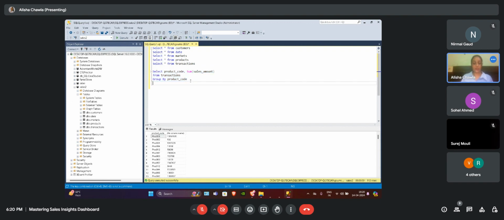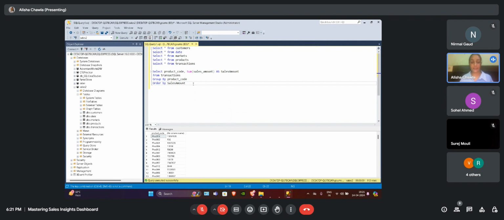We can also keep it in ascending or descending order. Here we are giving sum of sales amount with an alternative name, sales, and order by sales.